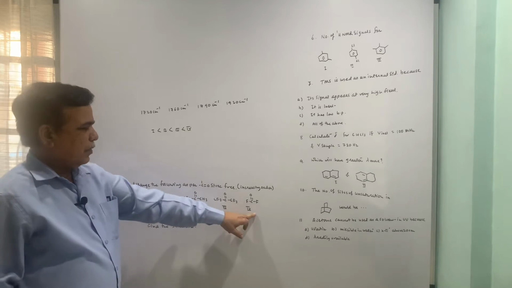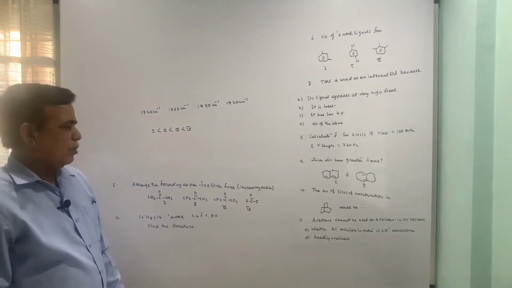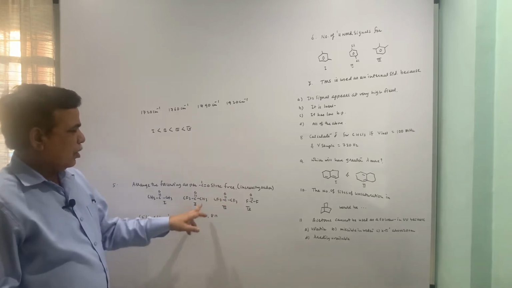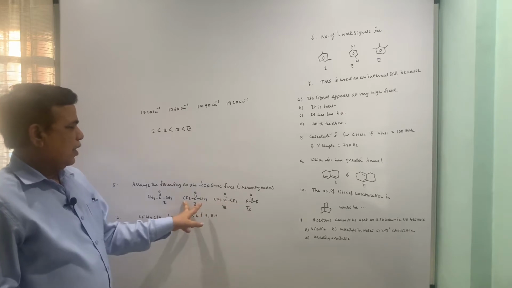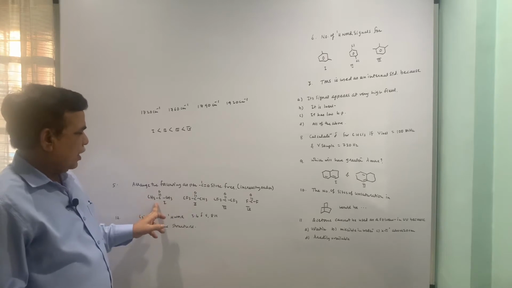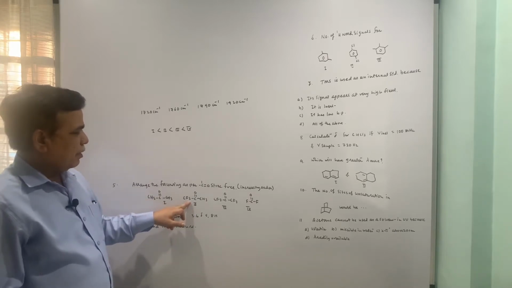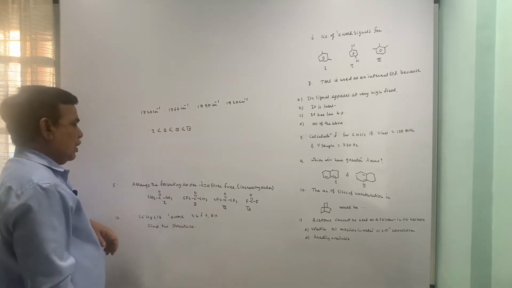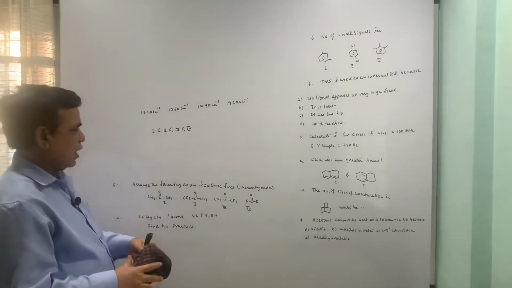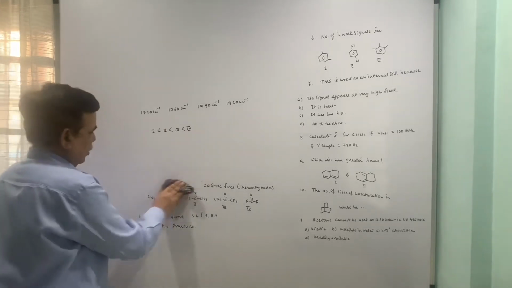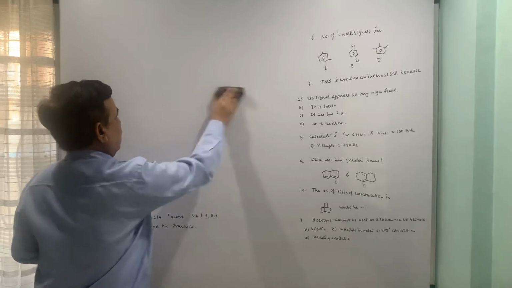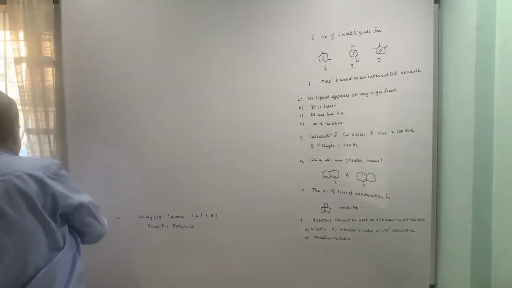The fourth one will have the highest frequency because fluorine is directly attached to carbonyl. Here at least a carbon is intervening, fluorine is not directly attached to carbonyl. Two CF3 groups are there as against 1. So this has the upper hand. Here plus I effect is operating, here minus I effect is operating. We have seen that minus I effect is going to contract the bond, the bond length would decrease, and the energy of the carbonyl stretching would go high because of the contraction of the bond.